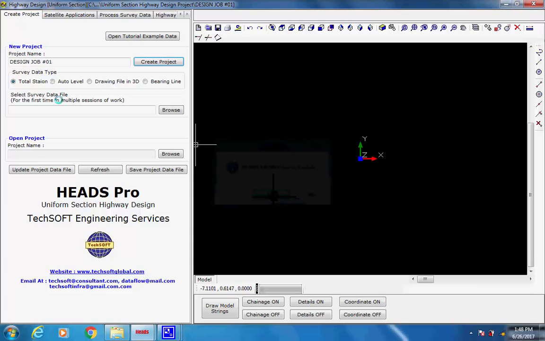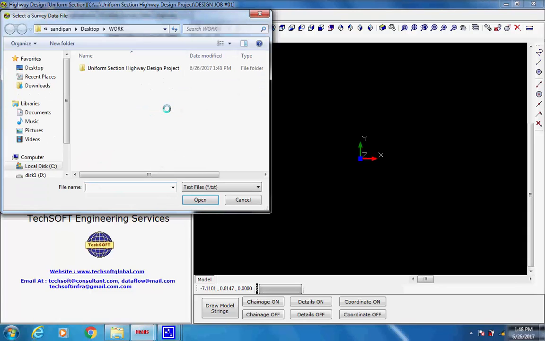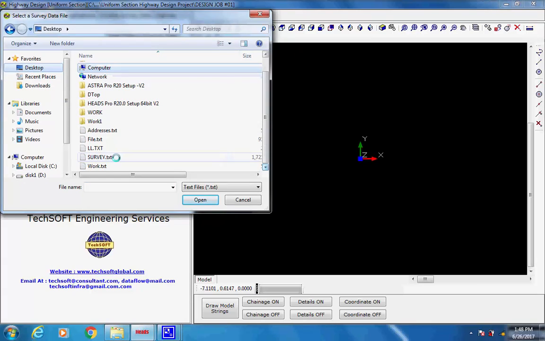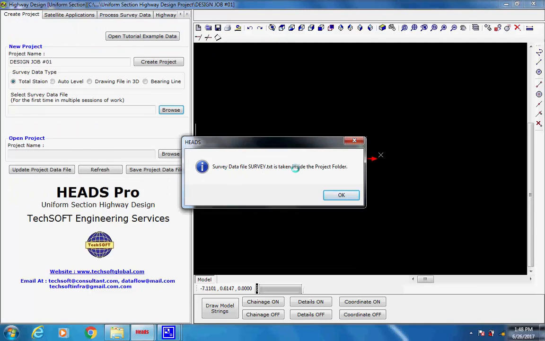The survey data type is selected as Total Station. To select the Total Station survey data file, we click on button Browse. Select the Total Station survey data file Survey.Text from its current location on desktop, and a copy of the Total Station survey data file will be copied